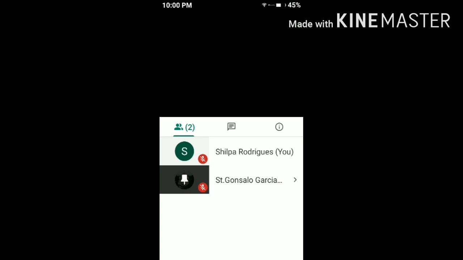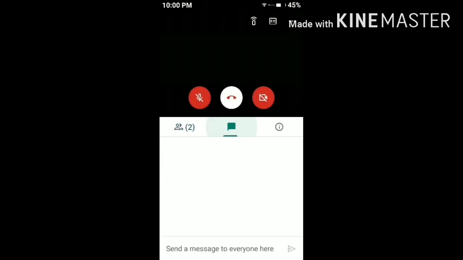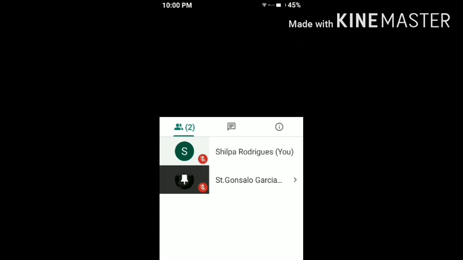That means if anybody else is doing any other activity during the meeting, you will not get disturbed. You will always see the screen of the speaker or the speaker, so you will not get disturbed in the meeting. Finally, when you want to end the meeting, click on the white and red color, that is a receiver button. When you click on it, your meeting will get ended.